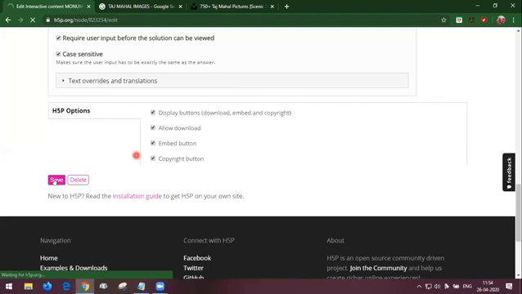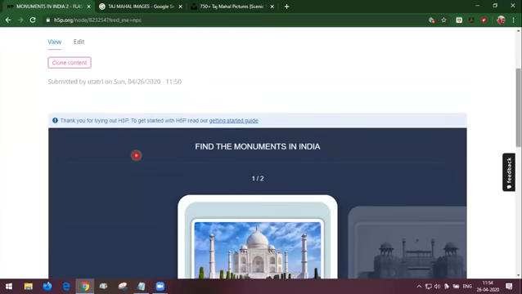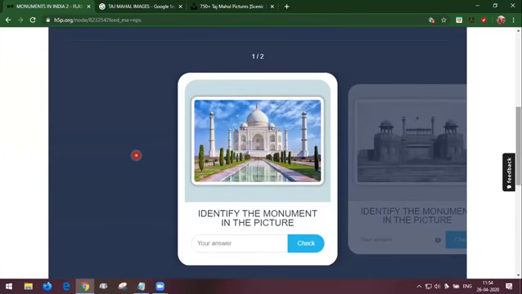Can we add all the cards at a time, or can we add one by one? Sir, can I add cards? Should I save one by one? Yeah, we can add a number of cards. It is not mandatory to give one by one. You can add a number of cards in the first time itself.